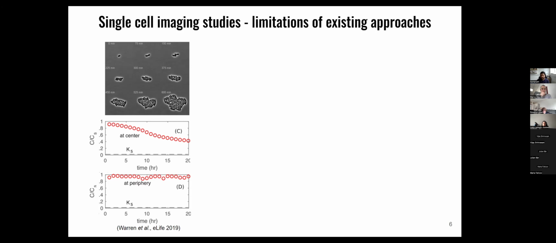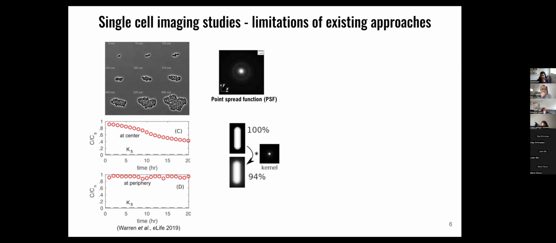Now, even if there was a good growth condition where that could be maintained, quantifying this heterogeneity becomes very challenging, and that is for optical reasons. Microscopes are diffraction limited, so if we try to image a cell with a diffraction limited imaging system, a significant part of the light actually comes out of the cell due to diffraction. Here is an example using a simulation where 6% of the light goes out.